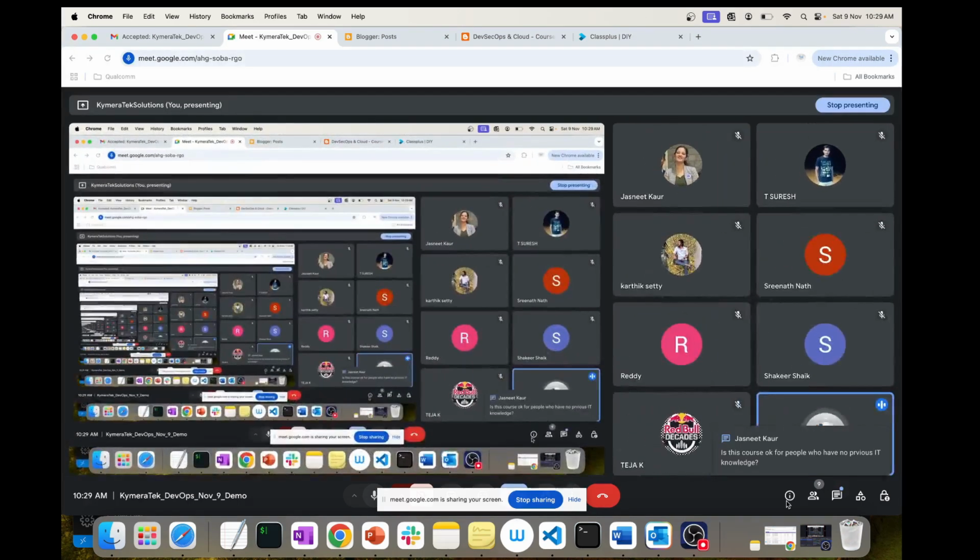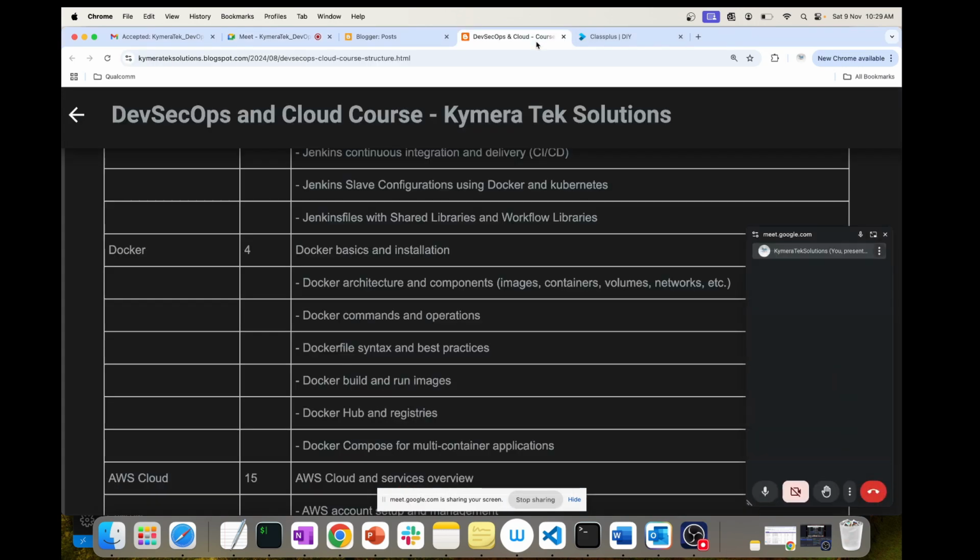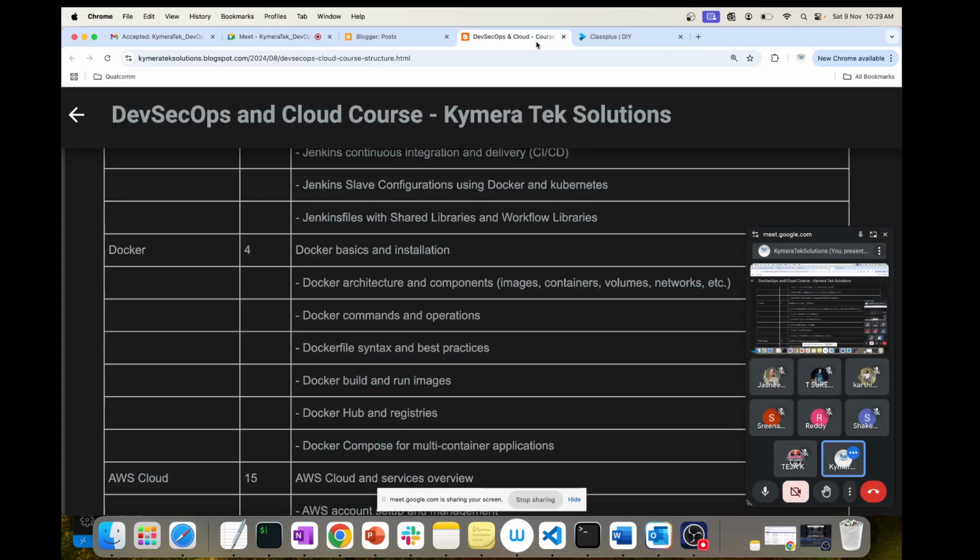Is this course okay for people who have no previous IT knowledge? Yeah, freshers won't have the knowledge of what exactly DevOps is, or maybe nothing. I would say anyone who has zero knowledge of IT can start, because we begin from very basic things. People who have been working in IT and know some things might feel bored, but there are still some things people don't know from the interview perspective.